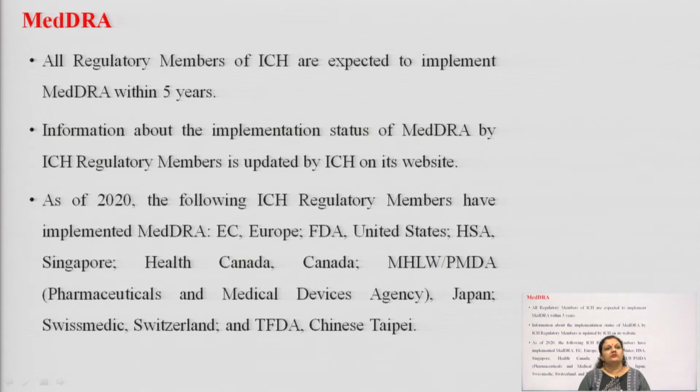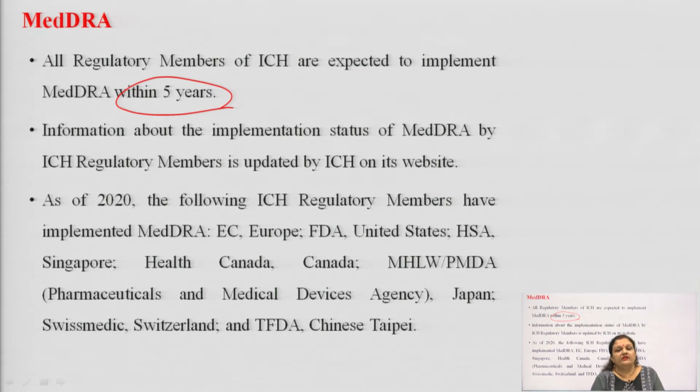All regulatory members of ICH guidelines, ICH is the International Conference on Harmonization, are expected to implement MedDRA within 5 years. So, this will tell you the idea of the gap of 5 years. Again, there is proper checking and revision, or inclusion and exclusion, of unwanted or updated information in the MedDRA dictionary. Information about the implementation status of MedDRA by ICH regulatory members of different countries is updated by the ICH on